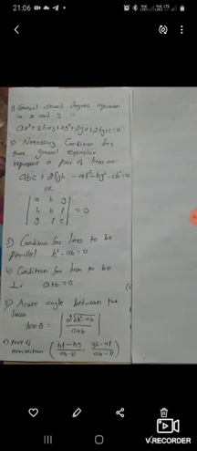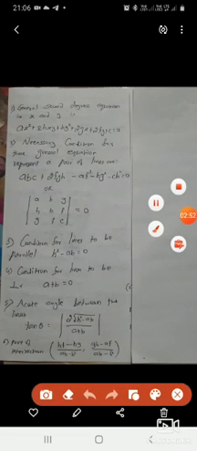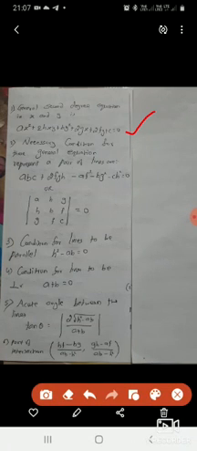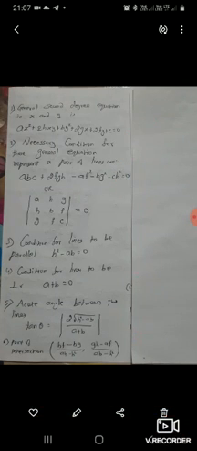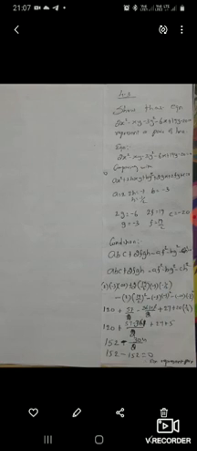So based on this, today we are going to discuss whether the given equation represents a pair of straight lines. We are going to verify the condition, then using this condition we are going to say yes, it is a pair of straight lines. Then second, if it is a pair of straight lines and missing values are there, we can find them out. And parallel and perpendicular conditions also we are going to use. Now see the exercise.